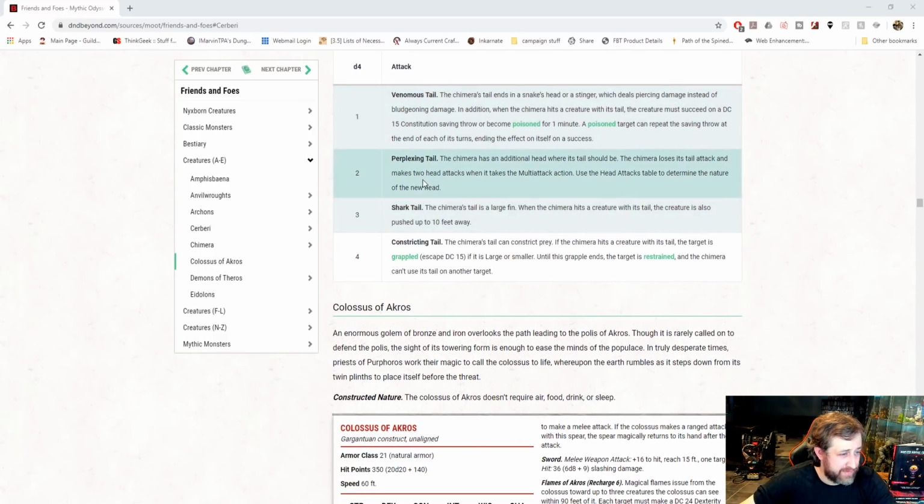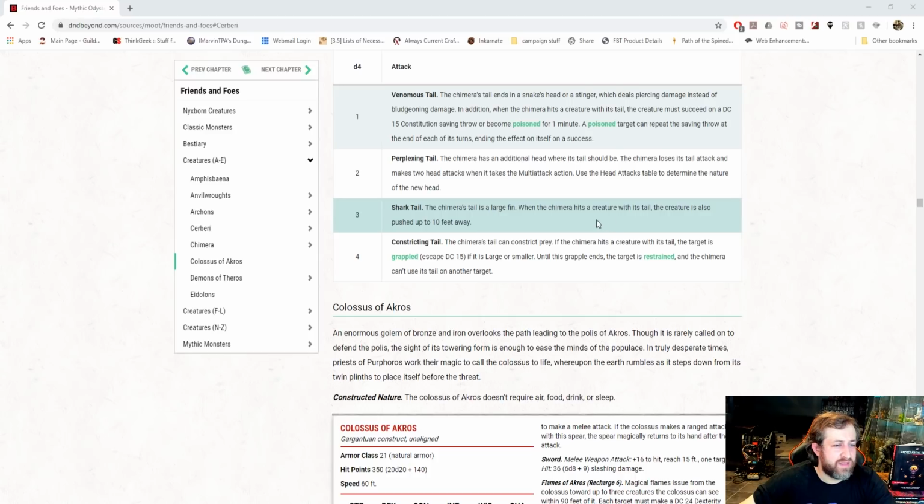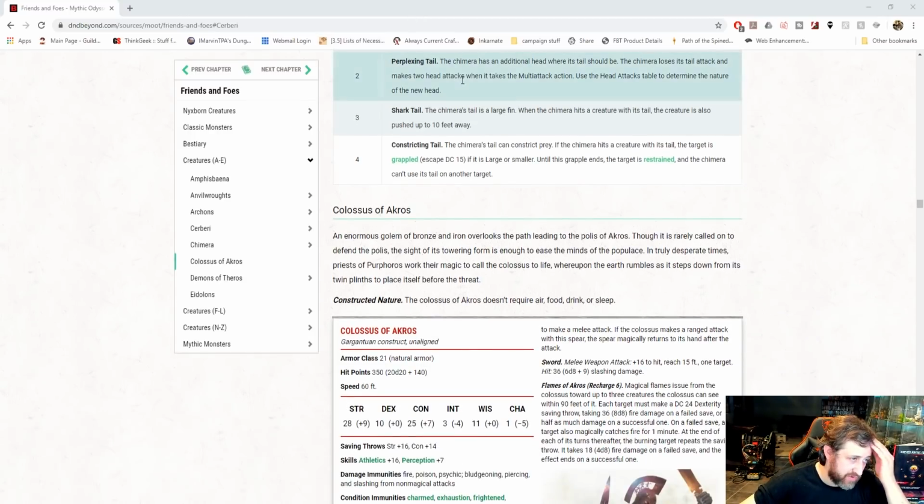A perplexing tail, that's interesting. The chimera loses its tail attack and makes 2 head attacks when it takes the multi-attack action. It has an additional head where its tail should be, so it makes 2 head attacks. Shark tail: when it hits with its tail, the creature is also pushed away. Or constricting tail, which is basically like a snake tail, and then it can potentially be grappled and then also